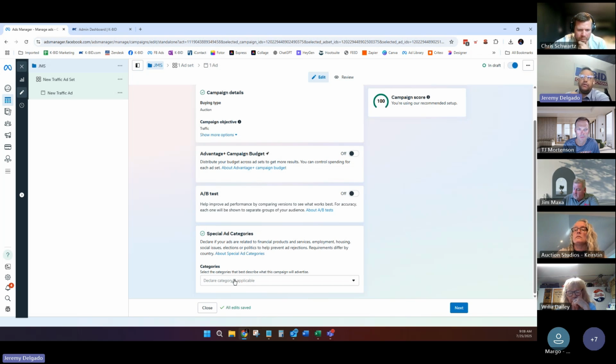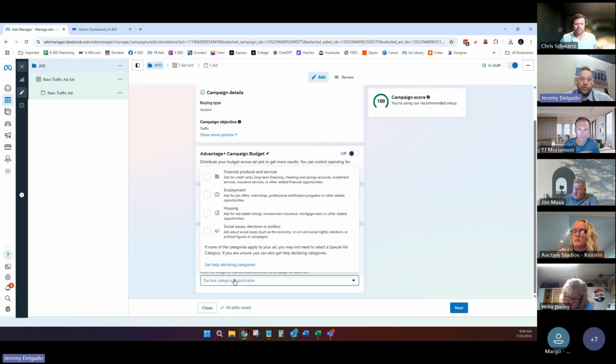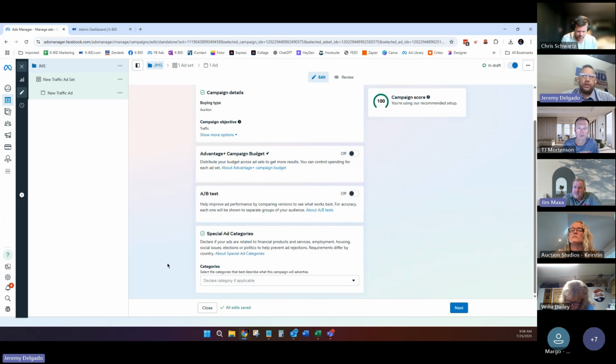Categories, you don't need to do anything with this unless you're doing some sort of real estate deal. Facebook has a lot of restrictions in place, where it says if you're doing a certain type of auction, you can't limit age range. You can't limit type of person in terms of age, race, gender, so on and so forth. So for this, since we have general auctions, we always keep that, so we don't have to have a special